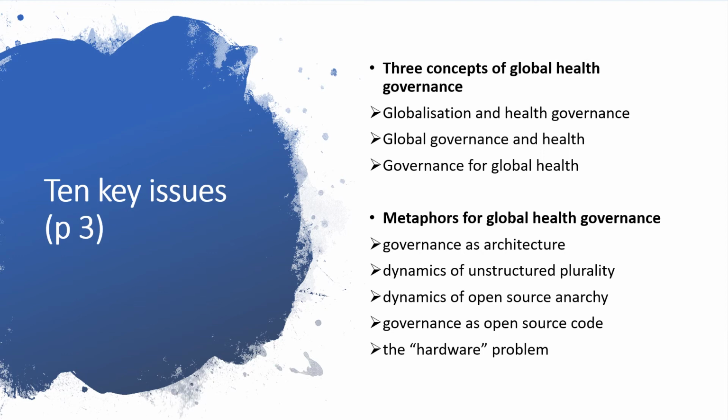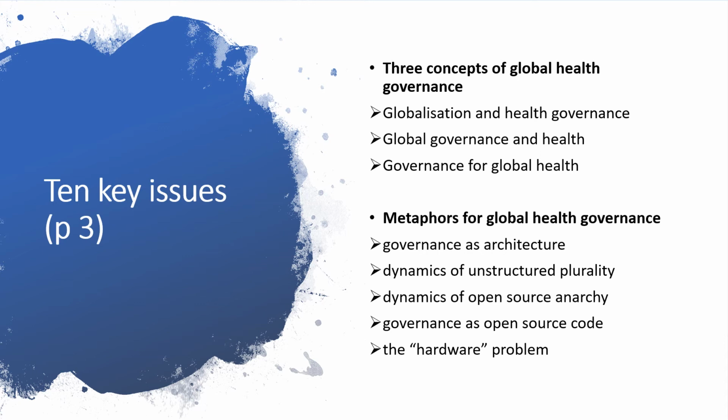So this is sort of an open source code, and the kind of governance you need for that is not a very specific institution that tries to do command and control, but an institution that can take all the improvements that these various interests and actors make to managing or solving a problem and codify that so that it's available for the greatest number of people. That's what he means by saying that global health governance needs to be looked at like an open source code.